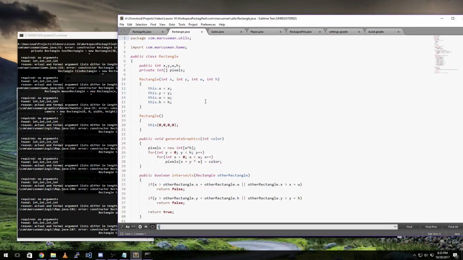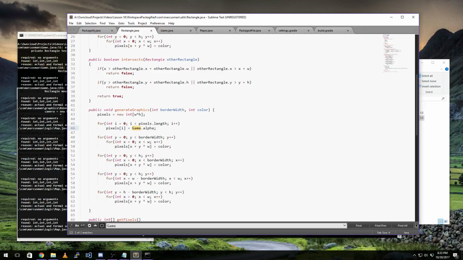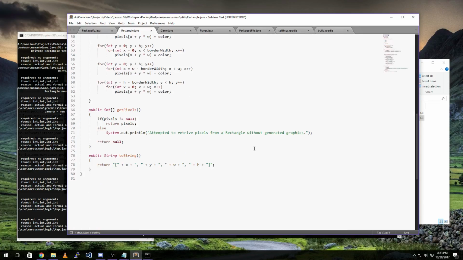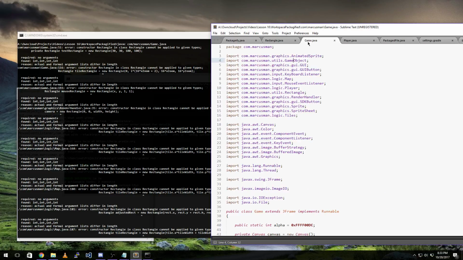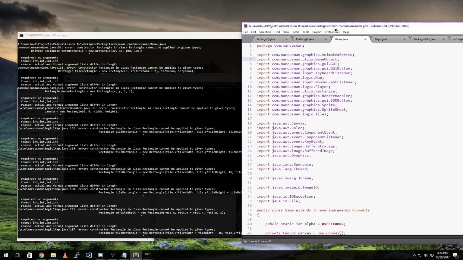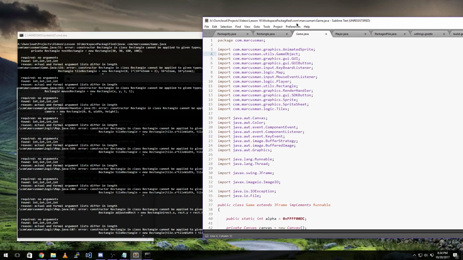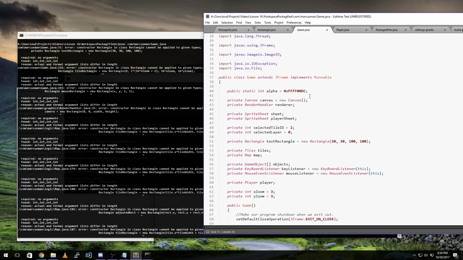Is Game used in here? Yeah, it is. Good. What does it mean the constructor can't? So if we go to Game where this is happening: constructor Rectangle in class Rectangle cannot be applied to given types. And that is at the line where we are importing Rectangle. So at line 51,